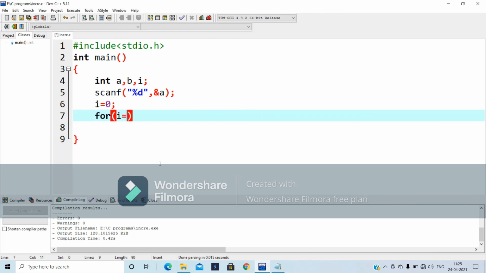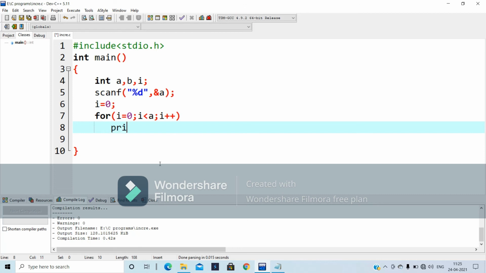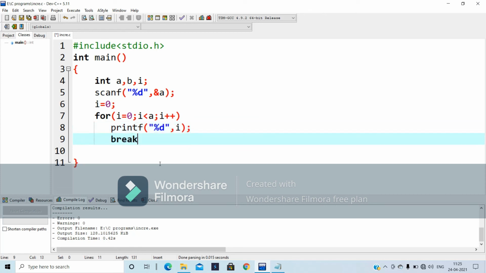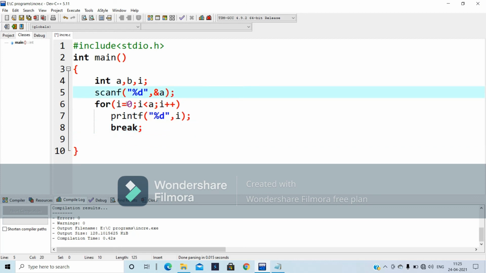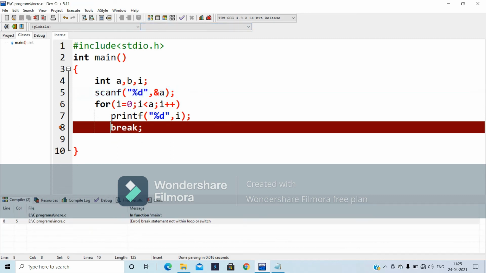For i = 0; i < a; i++. Here printf("%d", i). Now I am going to take break. It stops the execution. Here the task is not within the loop structure.